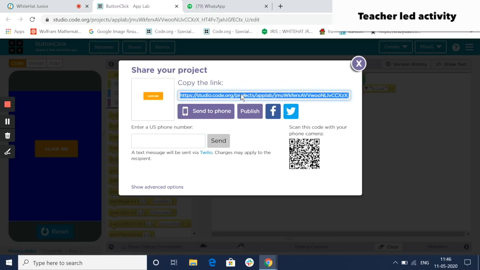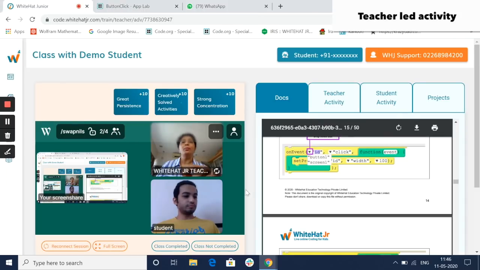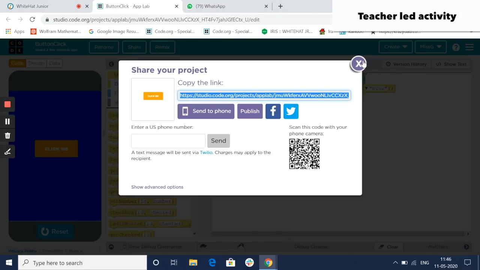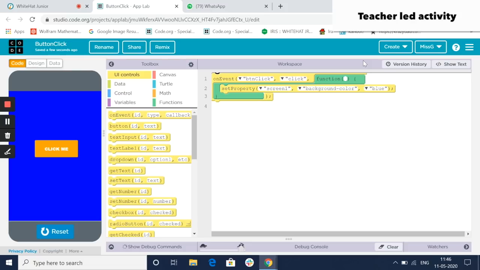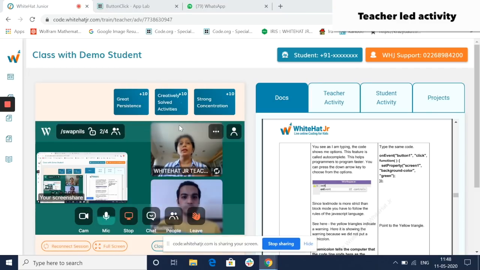In India or anywhere else, you copy this, come back to your panel and put it in the project, submit project URL, so that after class you are able to send it to your parents. Okay, they will be very thrilled to see this. Go back into your full screen mode.